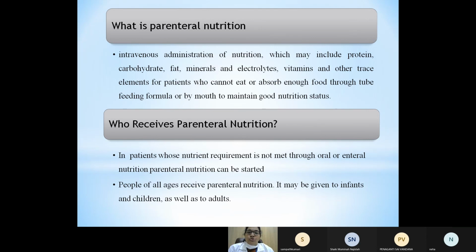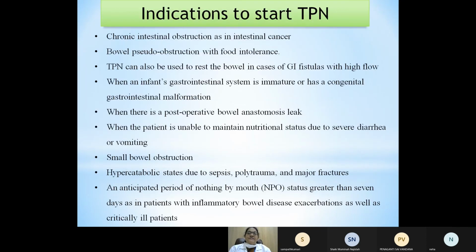In patients whose nutrient requirement is not met through oral or enteral nutrition, parenteral nutrition can be started. People of all ages receive parenteral nutrition. It may be given to infants, children as well as to adults. Indications to start TPN. Usually the TPN can be started in chronic intestinal obstructions as in intestinal cancer,